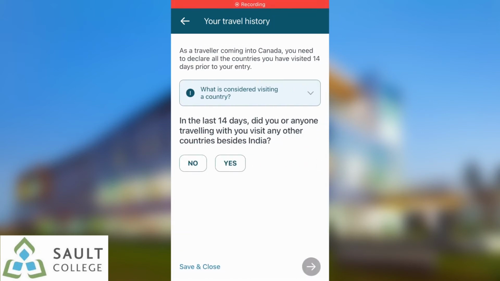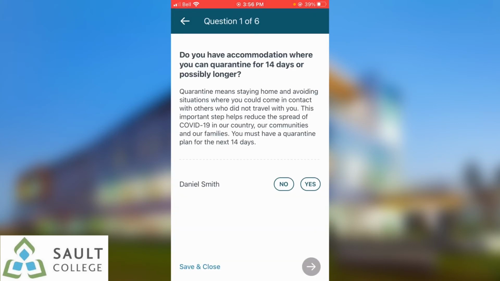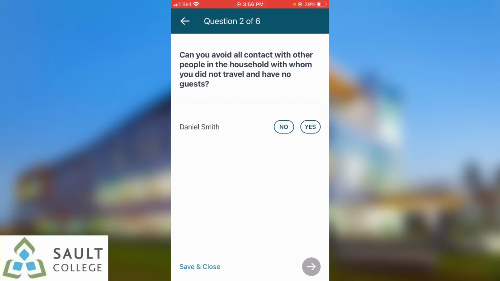On the next page, you need to declare all countries you and your co-traveling family members visited in the last 14 days. If you didn't go anywhere outside of your country, select No. Now it's time to complete your quarantine plan questionnaire. Do you have accommodation where you can quarantine for 14 days or possibly longer? You must have a quarantine plan even if you are fully vaccinated. Select Yes. Can you avoid all contact with other people in the household with whom you did not travel and